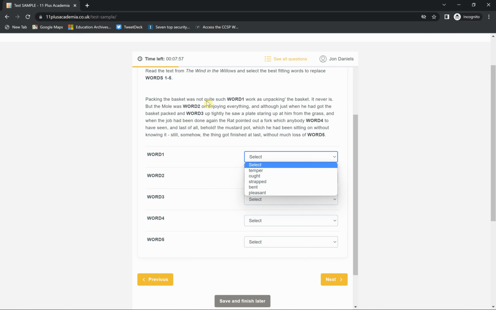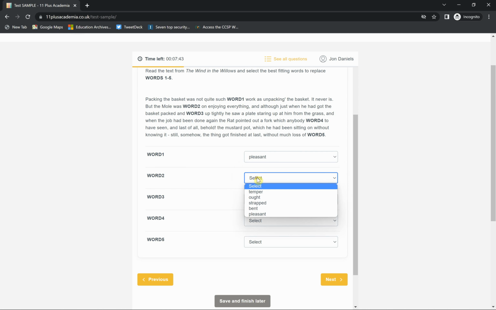So packing the basket was not quite such work, as I'd say that's pleasant work. It's always nicer to unpack a food basket. Word 2, but Mole was something on enjoying everything. I think bent on enjoying everything. Word 3,